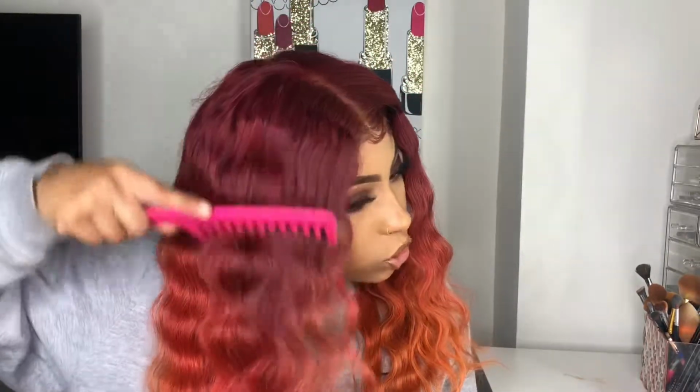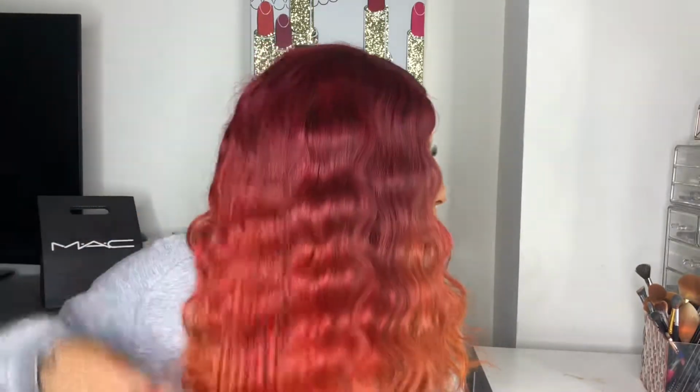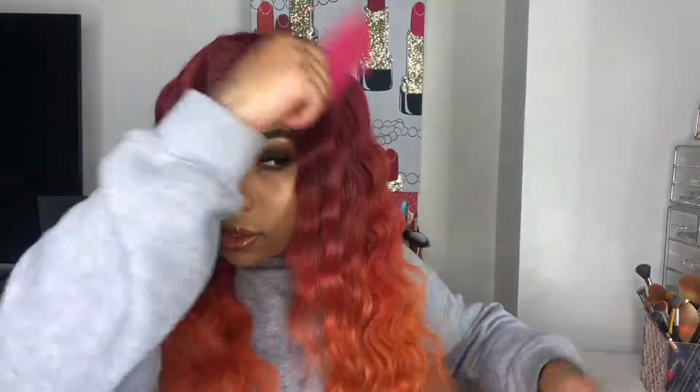In this stage, you probably would hairspray before you brush them out, but for me, I already have hairspray in them, so